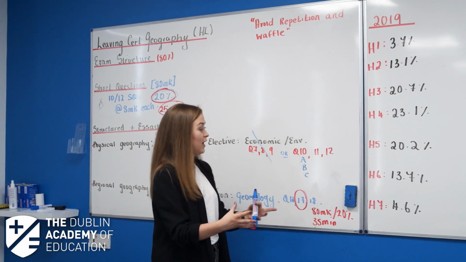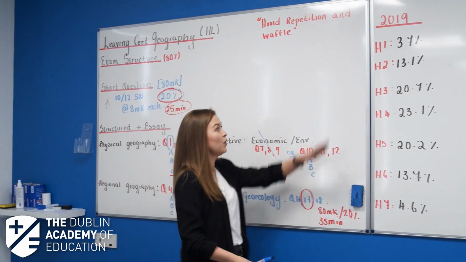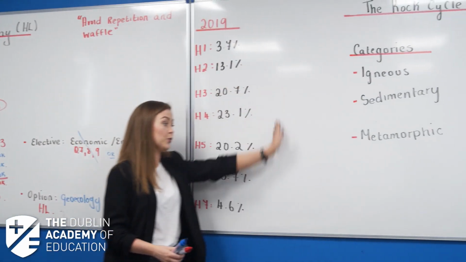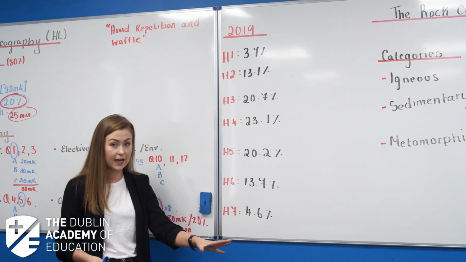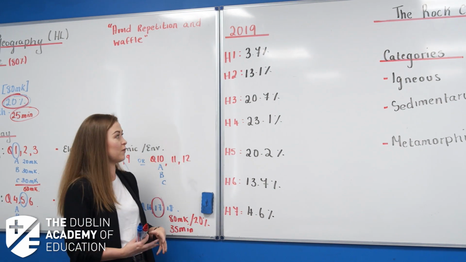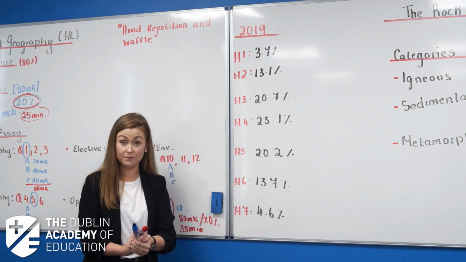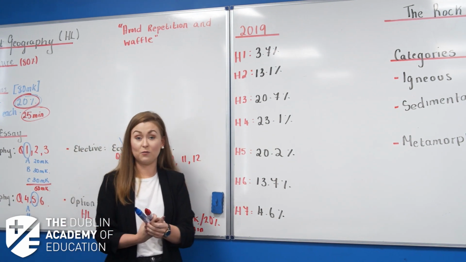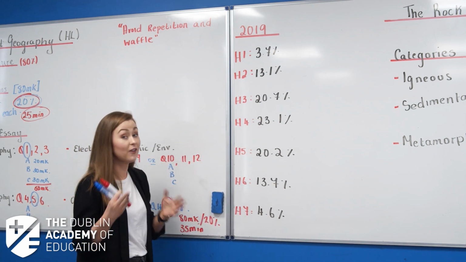Now, in relation to all this, the field study, the exam itself, what you have is your breakdown of grades. So here's the 2019 breakdown, okay? Now, many people look at this straight away and are a little bit shocked because most students will come in and say, I want a H1, okay? We all want something, okay? And some people just say they want a H1, and fair play to them.